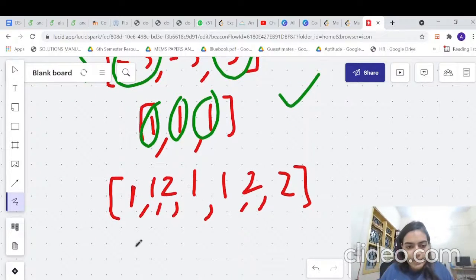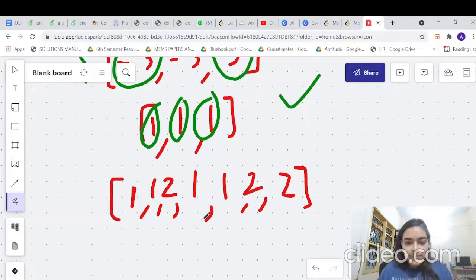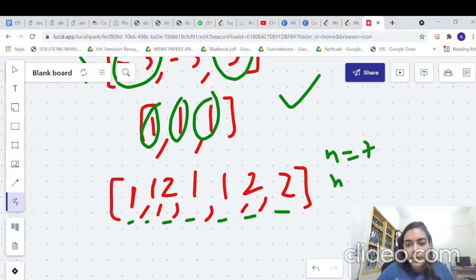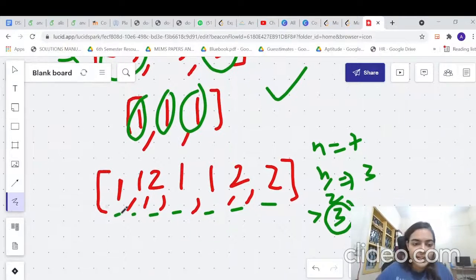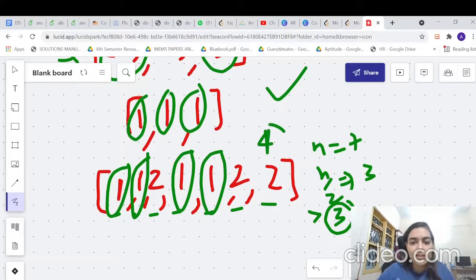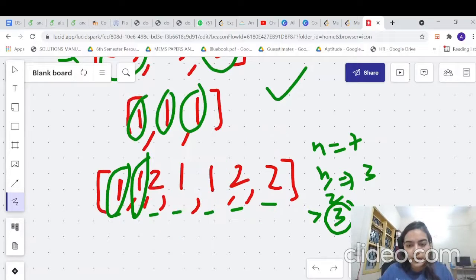Now this is the last example. In this example, you can see that elements are competing. Okay, 1 and 2 are competing. They're trying to overpower each other, right? So in this case, what is the n value? 1 2 3 4 5 6 7. N is 7. N by 2, if you take the floor value, is equal to 3. So the element that appears more than 3 times is going to win. You can see that 1 is going to win because 1 is appearing 4 times, and 2 is appearing only 3 times. So 2 is unfortunately not able to win.